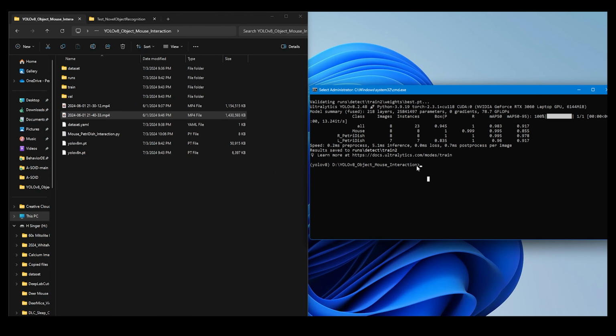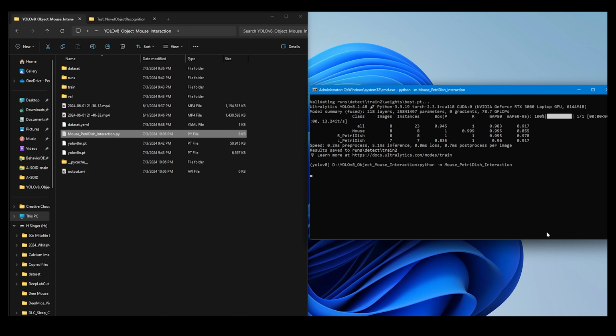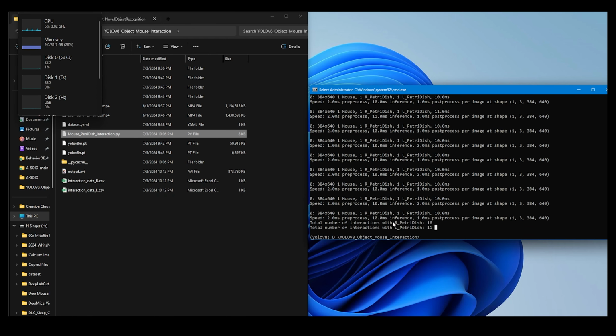So to be able to run this script, make sure you're in a correct path where your file is saved. Then type in python -m and then the name of the Python script itself. Remember, the script itself, we already put in the model path and the video path. So the script will know which video to run and which model to utilize.